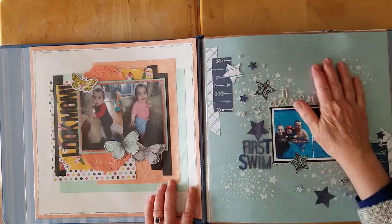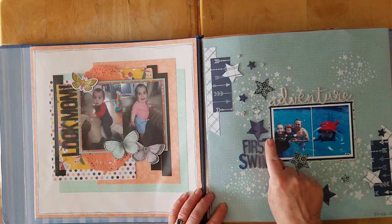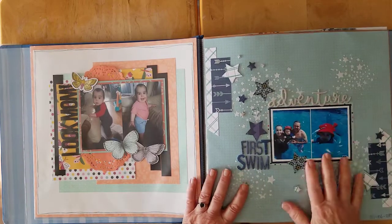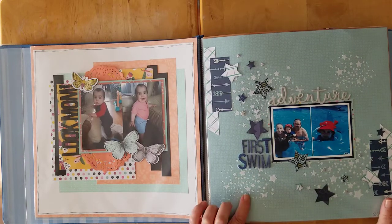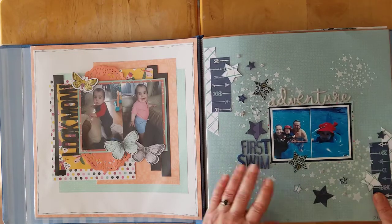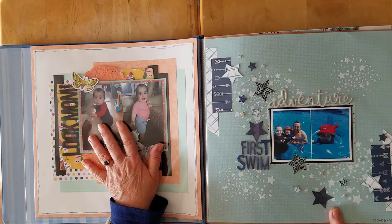And now we are getting closer into the summer. We're into June. First swim. Some stars, some mixed media on the background. And this, I went back to the lovely kit that Christina had sent me when I started this project. It was a double kit with some pebbles,